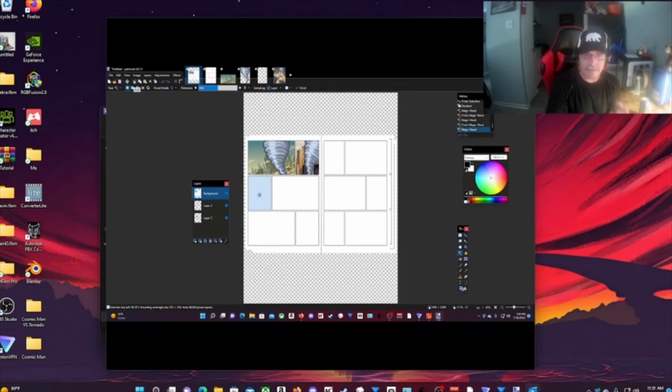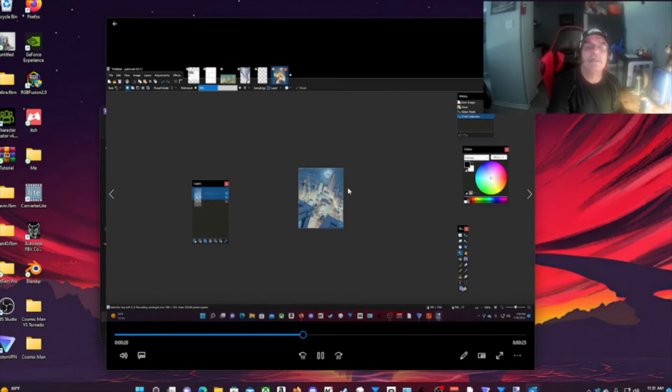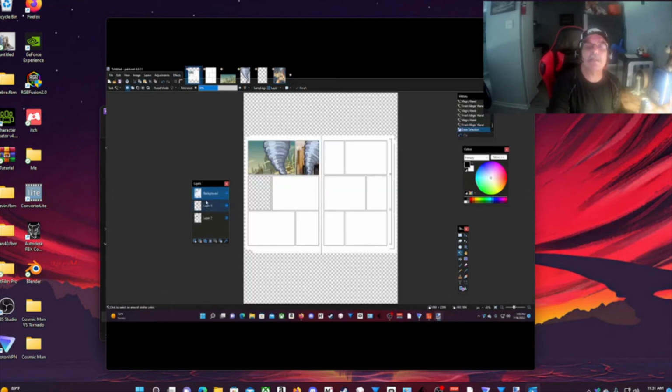It has layers, so I'm using layers to create this comic book. I'm cutting out all of my backgrounds to simulate my scenes in each strip, in each panel of the comic book. So I'm placing that underneath, behind the first layer.